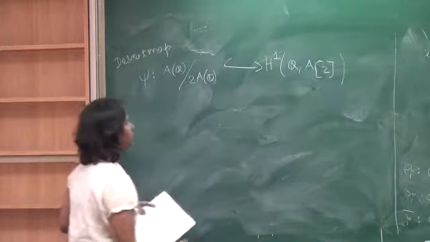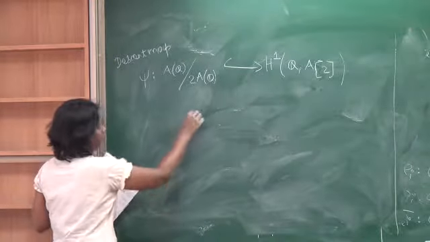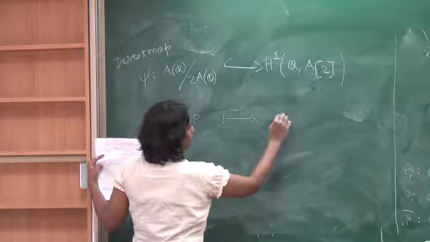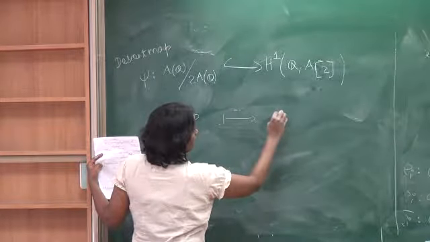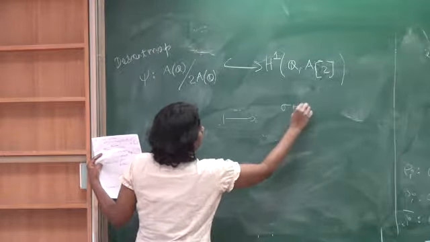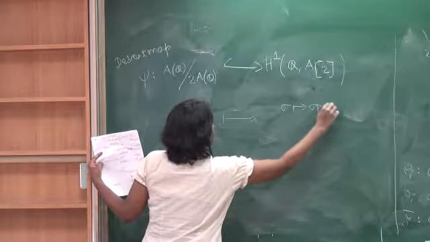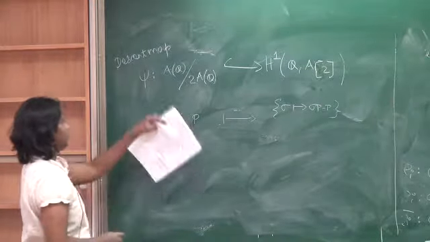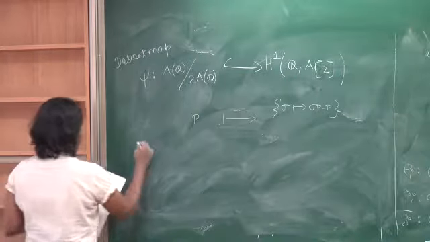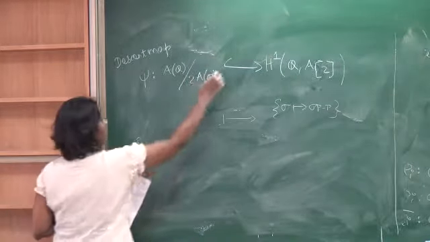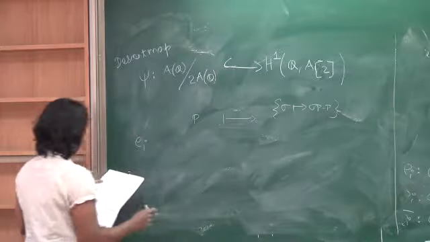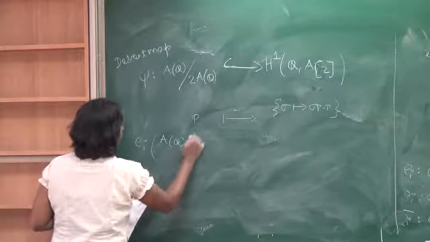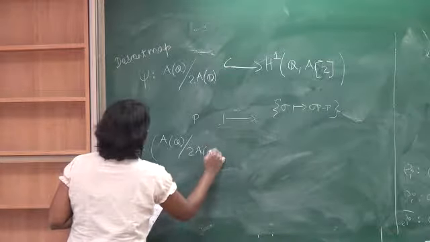This is just, if I take a point P, then it will go to this class. So we have that descent map. If I take E_i, this is an injective map, and if I take the projection, then E_i of